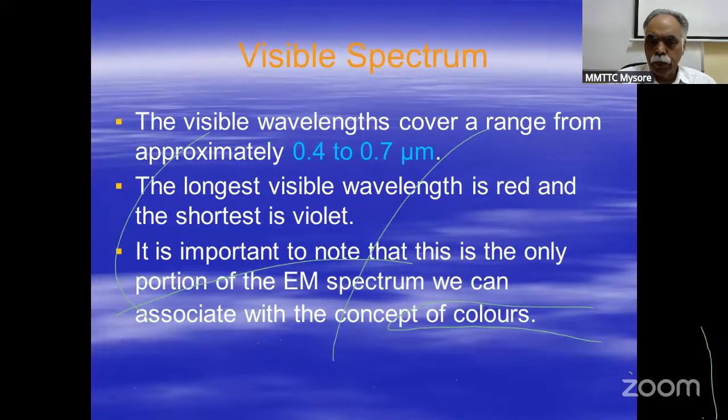It is important to note that this is the only portion of the electromagnetic spectrum we can associate with the concept of colors. Means we know that these VIBGYOR are the colors that can be seen by our eyes. So VIBGYOR, and this VIBGYOR is again